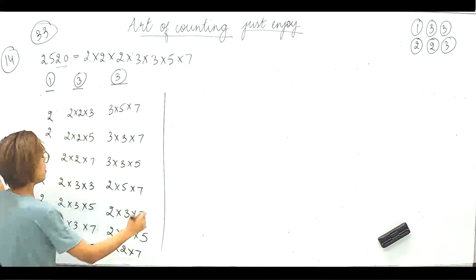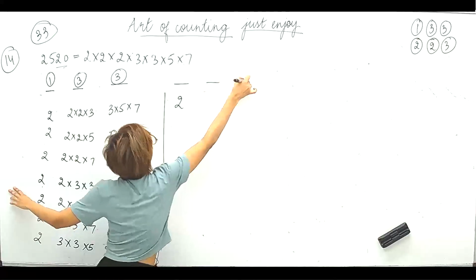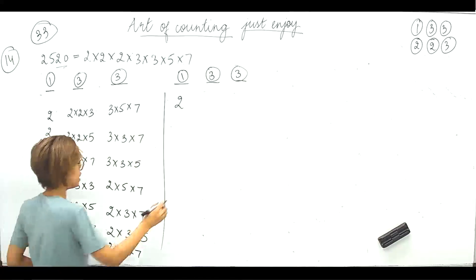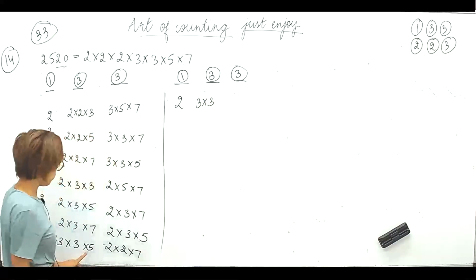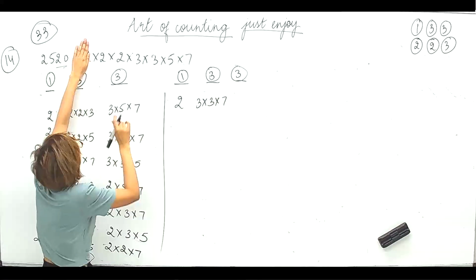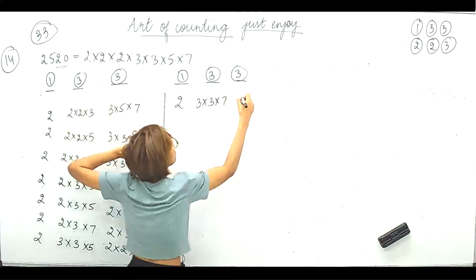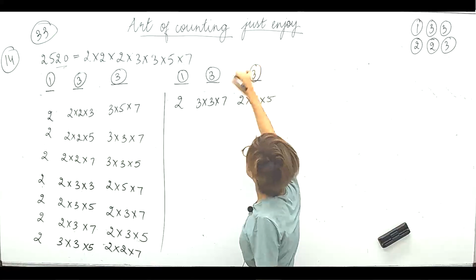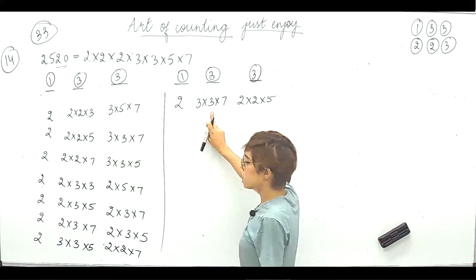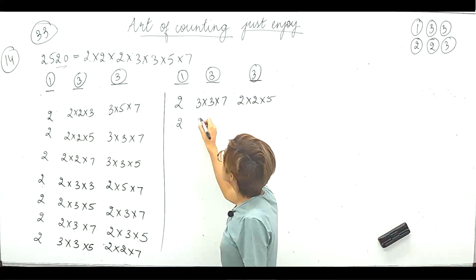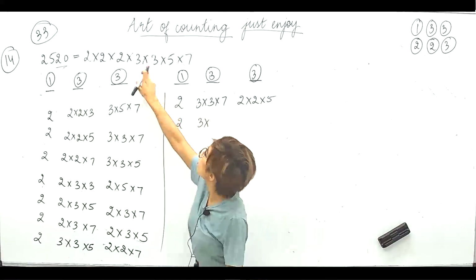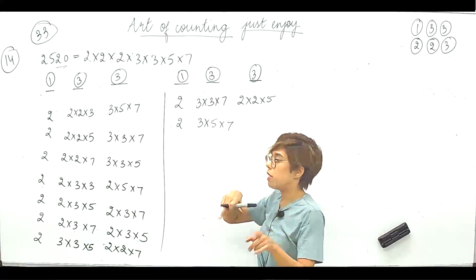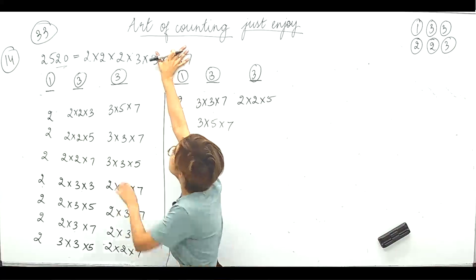Right? More cases. So 2. Again, यहाँ पे 1, यहाँ पे 3, यहाँ पे 3. So 2 here. 3 into 3. Now let's take, यहाँ पे into 5 था, let's take into 7. Right? So 2, 3, 3, 7 done. So 2 to 5 left. 2 into 2 into 5 left. Right? Okay. So 3 ones are done, right? 3 ones are done. So 2 into 3 into, now 3 is done. So let's take 3 into 5. So 3 into 5 into 7 ही ले सकते हैं because पीछे नहीं जाओगे. Careful. So if 3, 5, 7 are done, 2 is already occupied.